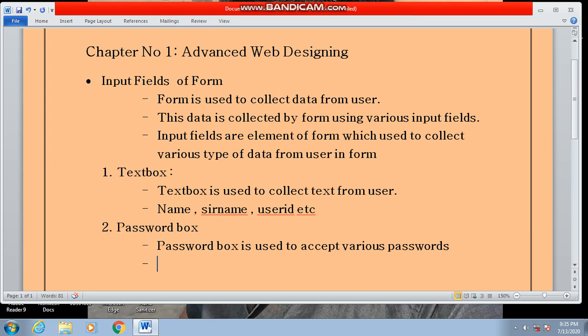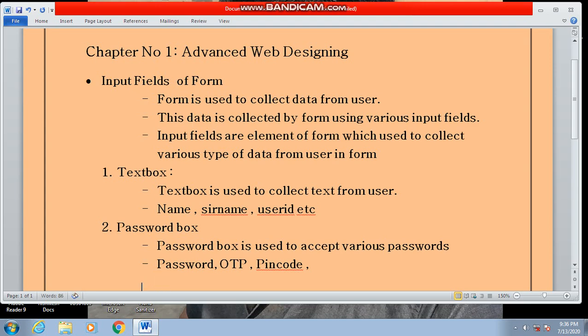For example, a password. OTP is also accepted by using a password box. OTP means one time password. Pin code, any type of pin code, whether it is a mobile pin code or an ATM pin code, is also collected by using a password box. In that way, a password box is used to accept various passwords in a form.